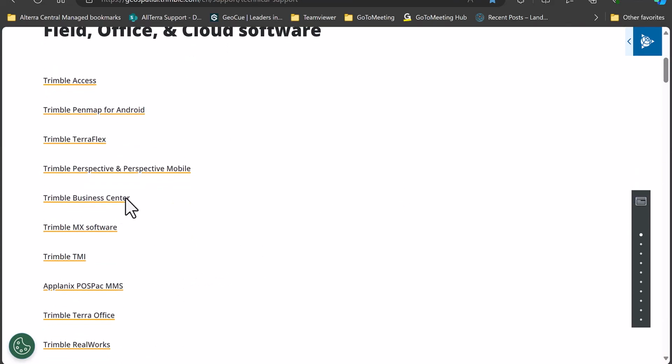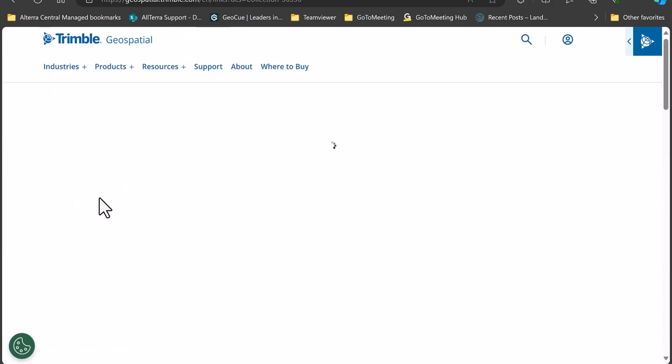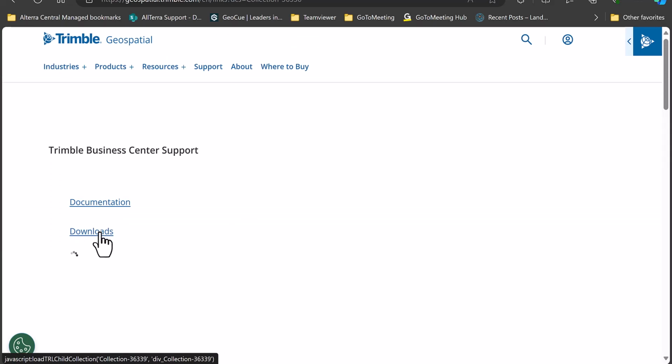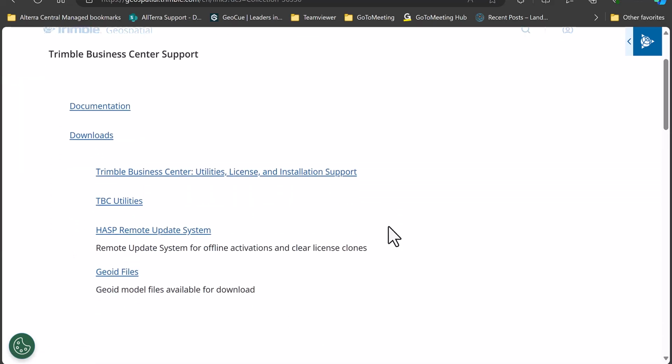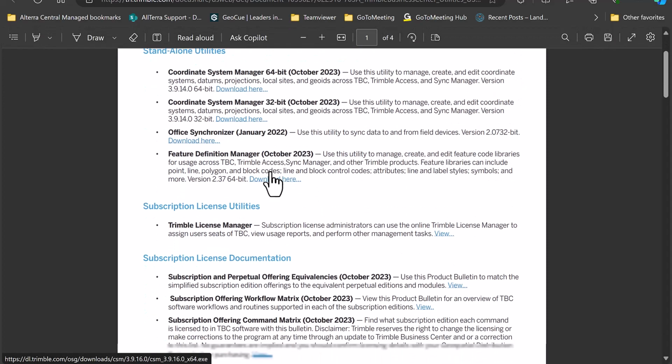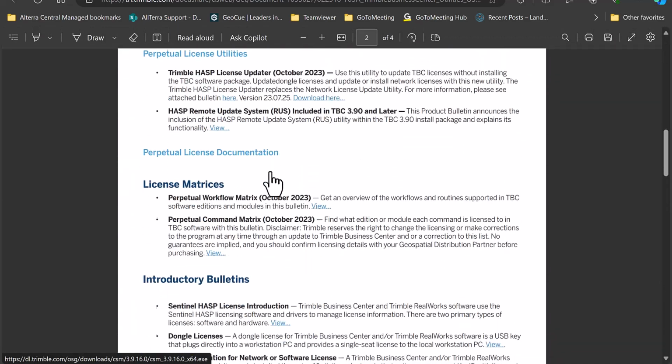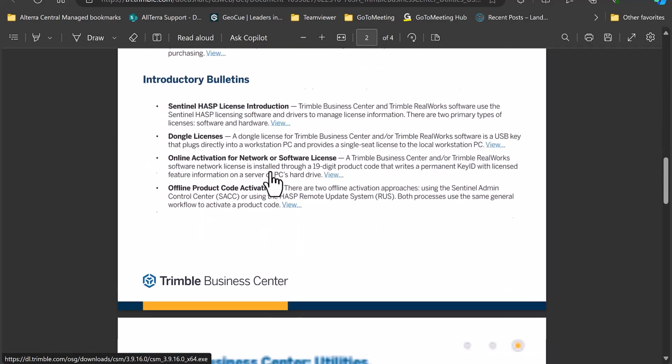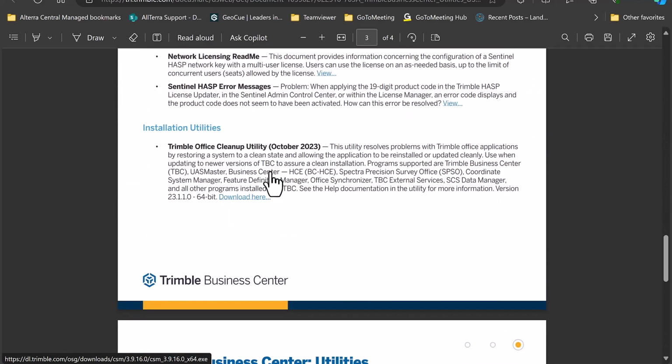And from here, we'll come down to Trimble Business Center and then Downloads. Next, we'll go to Trimble Business Center Utilities License and Installation Support. And we're going to scroll down to Installation Utilities and the Trimble Office Cleanup Utility. We'll click here,